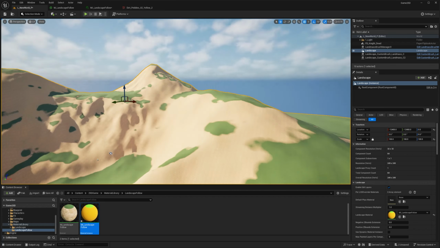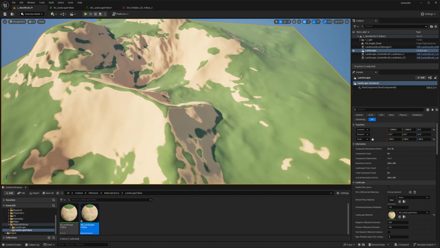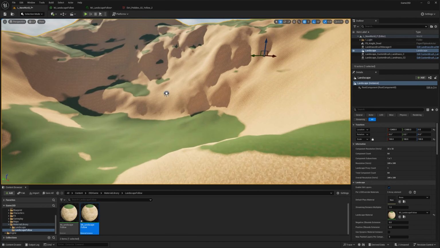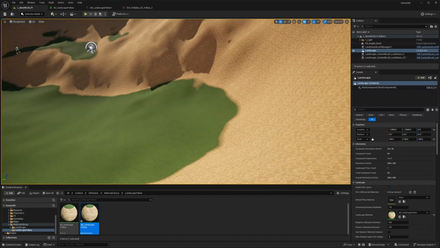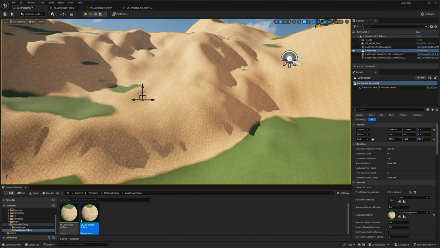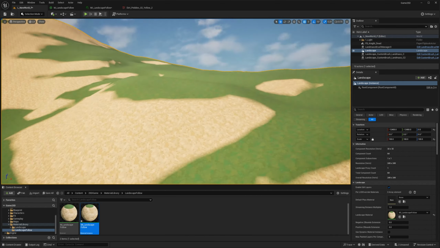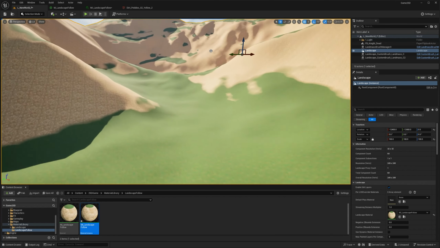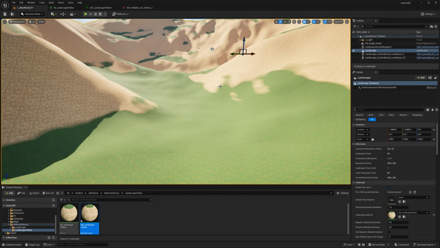All right, clearly it's working. And I think the colors match together, which is pretty cool. But when I get close to it, I can see a lot of repetition. And I want to try to avoid seeing so much repetition. The grass, I see a lot of repetition too. So there are multiple ways to achieve the breaking of repetition.